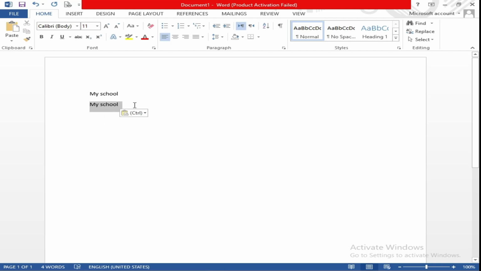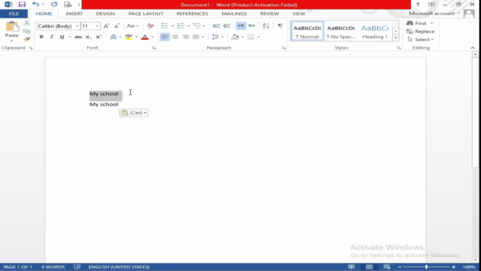The shortcut key to paste this is, first you have to select this. If you want to select the whole document, you can simply press Ctrl A so that all of the text will be selected. But if you want to select some part, you can hold shift and press the arrow keys. For example, I am pressing the left arrow key and now I am selecting it. Now press Ctrl C to copy this, and where you want to paste it, go there and press Ctrl V and it will paste it.